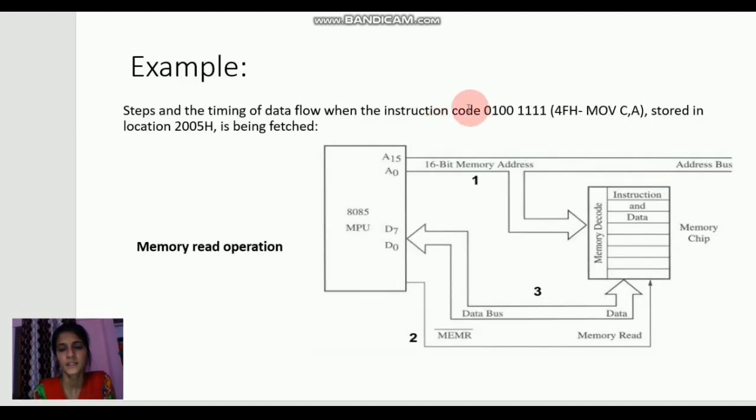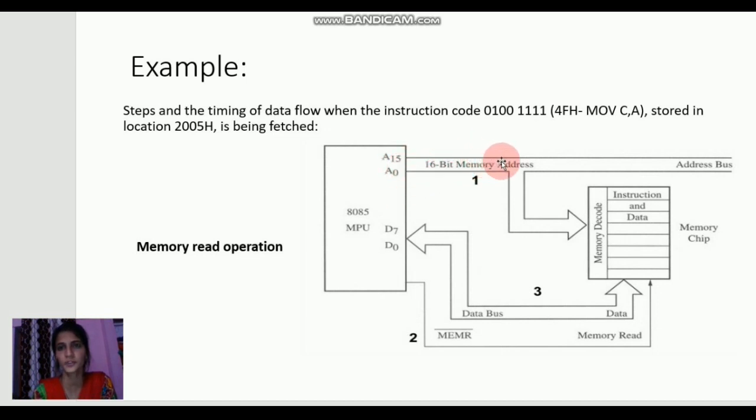For example, consider the instruction MOV A, C. It is a single byte instruction with the opcode 4F. It basically copies the data present in the accumulator and moves it to register C. Suppose the instruction code is written in location 2005 by us in the external memory chip which is interfaced with the microprocessor. In the first step, the processor puts